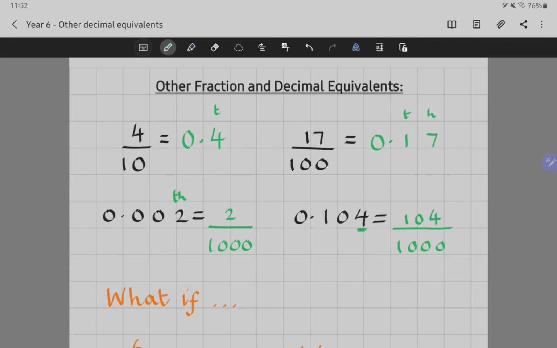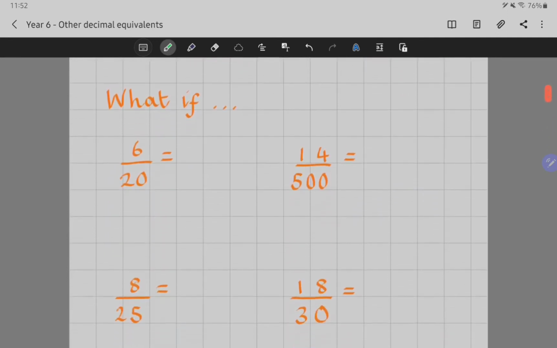But what if my denominator isn't 10, 100 or 1000? What do you think I can do? Is it impossible? No, we've got to link it to some other maths we've done before. We've got to link it to our knowledge of equivalent fractions. If we convert these fractions so that they do have 10, 100 or 1000 as their denominator, that's going to make converting them a lot easier. So, for example,